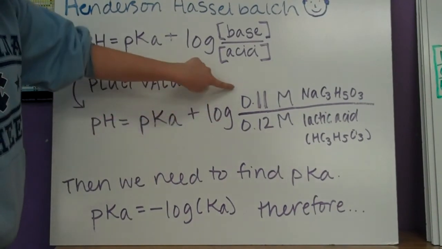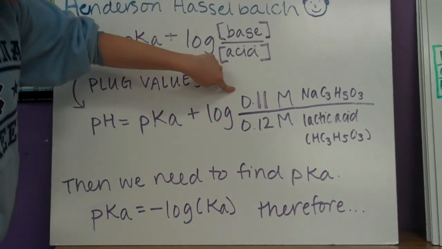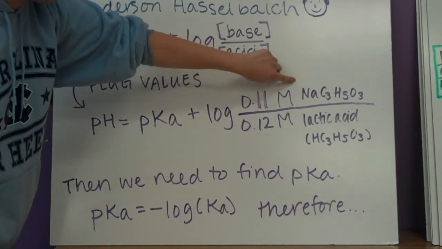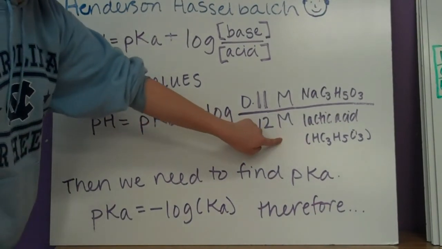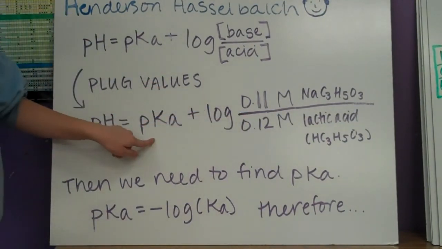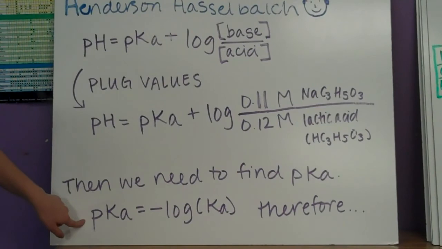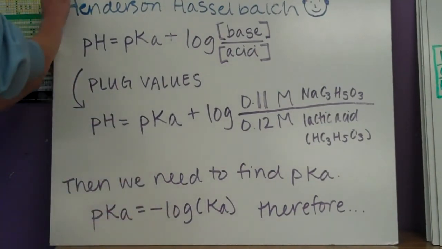We find that our conjugate base concentration is 0.11 molar of sodium lactate, and our acid concentration is 0.12 molar of lactic acid. But we need to find our pKa value before we solve for pH. To find pKa, we use the equation pKa is equal to negative log of the Ka. Therefore,